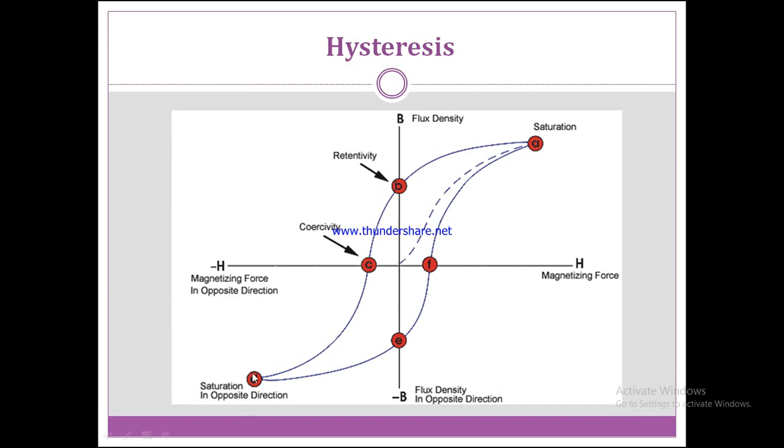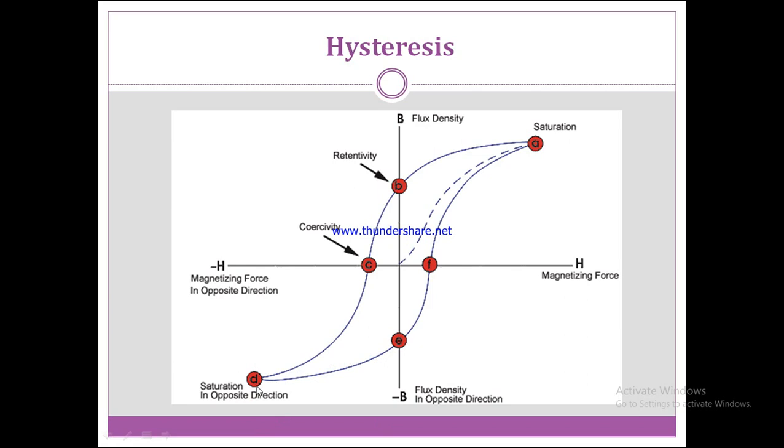Means as the D approaches or reaches, if you decrease the flux density further in this downward direction, then also the magnetizing force created by that particular material should be the same. Now